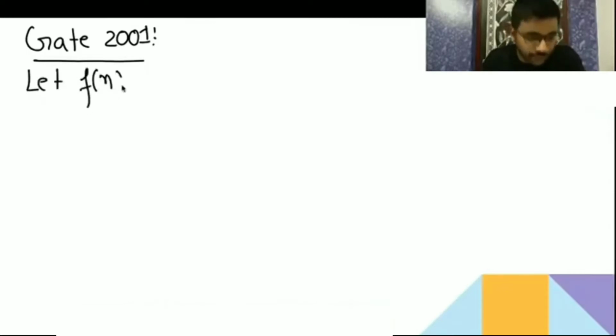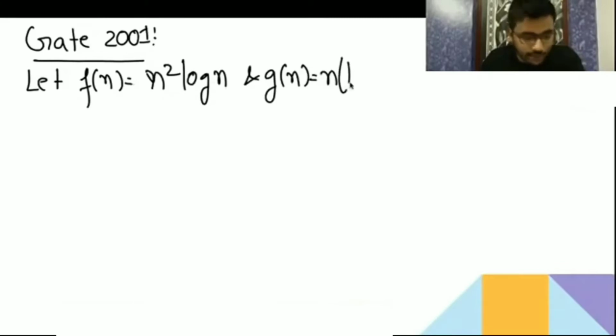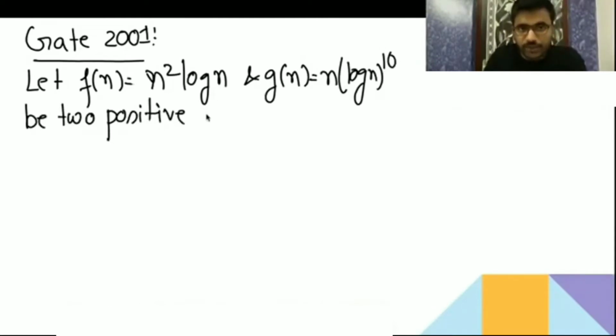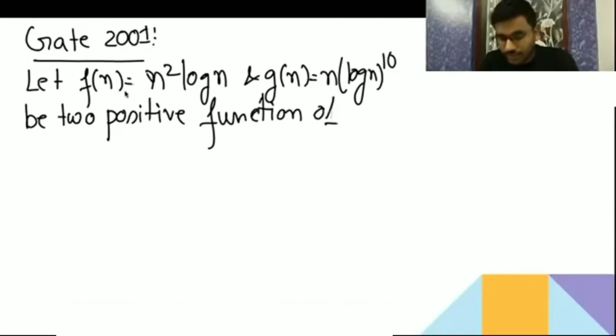So let f(n) = n square log n, g(n) = n log n to the base 10, both positive functions of n. Now tell me which is going to be the big O of that, which is greater, f(n) or g(n)? That only, in the option they are asking. Okay, so let f(n) = n square log n, g(n) = n log n, both positive functions of n. Now they are asking